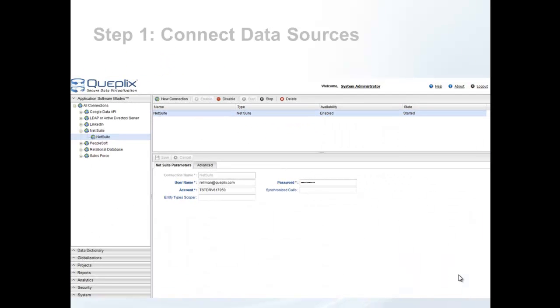First step in the process is to connect the data sources. Data sources are automatically mapped into our system after we put in the security permissions, and we can see everything in your cloud or on-premise systems through the QCloud console. It's all there, it's easy to get to, and the structure of the data is exposed for you to see.